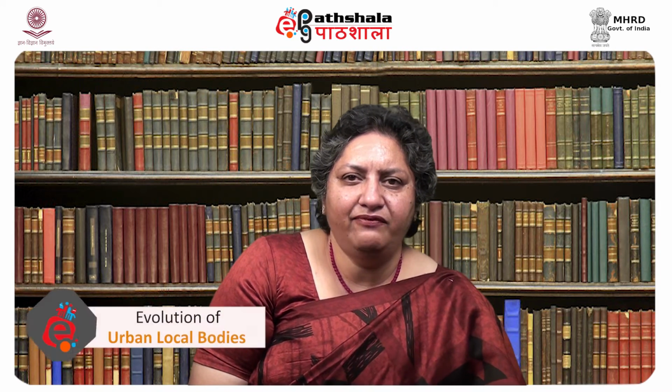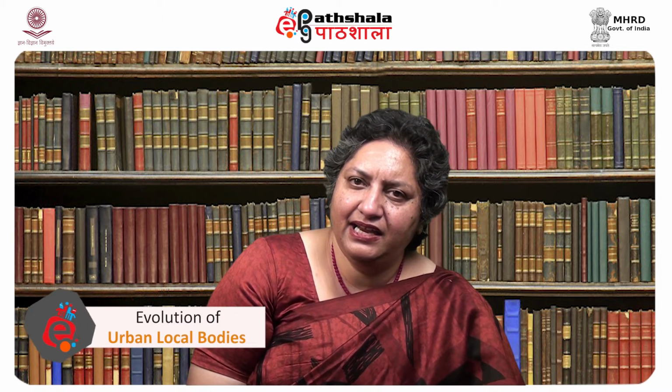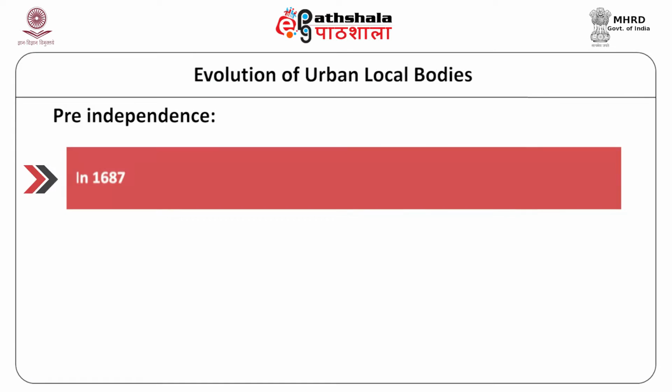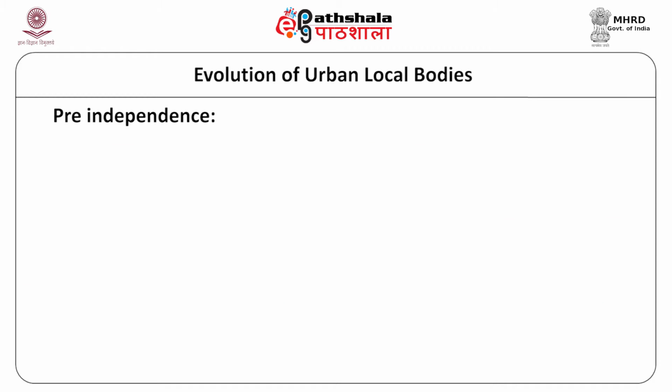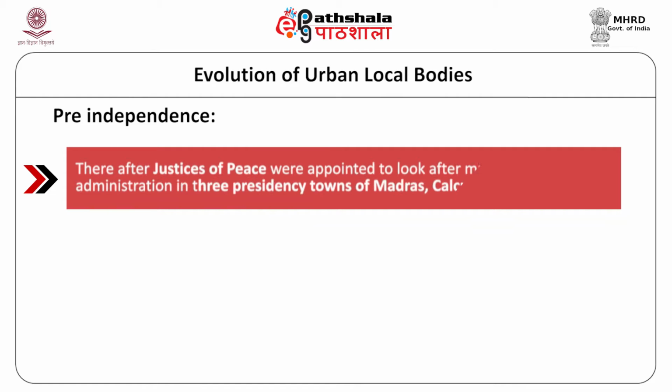Let us now discuss the evolution of urban local bodies in India. First, we discuss the evolution of local bodies during pre-independent India. In 1687, the first Municipal Corporation of India was set up at Madras. A statutory base to the local bodies in India was not provided till 1793 when the Charter Act was passed. Thereafter, Justice of Peace was appointed to look after municipal administration in the three presidency towns of Madras, Calcutta and Bombay. In 1814,